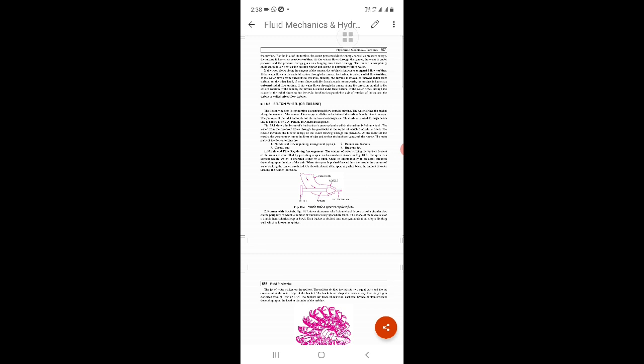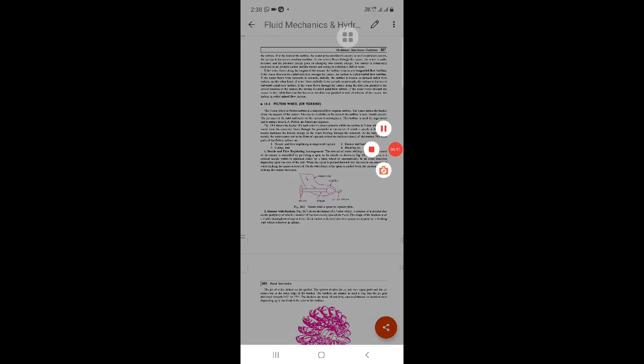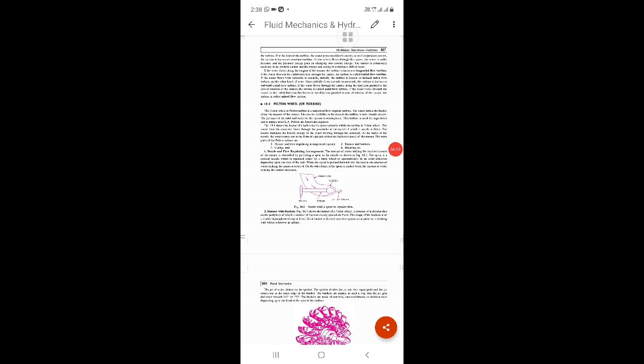It is dependent on the unit size. When the spear rod is pushed forward, the amount of water striking the runner is reduced. On the other hand, when the spear rod is pushed back, the amount of water striking the runner is increased. So draw the figure of the nozzle with spear rod and write down the information.